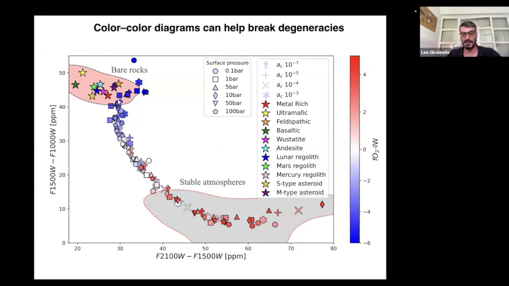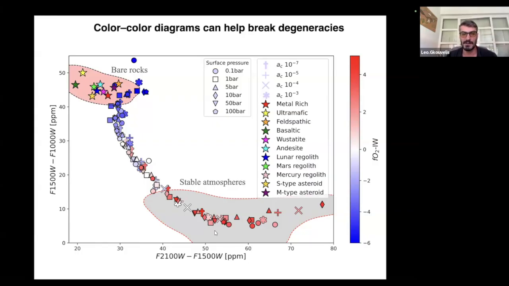What I'm plotting here is that you see in this plot that all the bare rock scenarios, which I'm showing here in colored stars, and I can add many more, but it would not make any difference, will cluster in one corner of the plot. Then the more reducing atmospheres will follow this curve, but the actual surviving atmospheres of this system will be on the other end of this plot. So you see that there is a clear distinction now, if you use 3 photometric bands, which I'm showing here, and they actually exist as photometric bands in the James Webb Space Telescope.